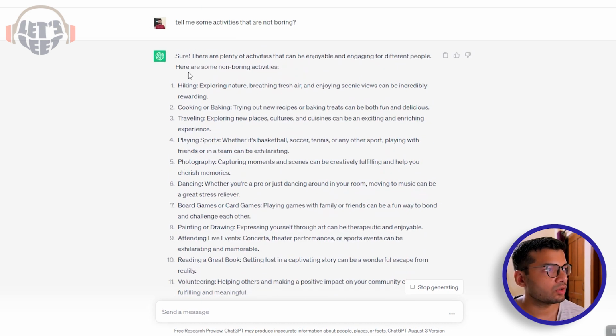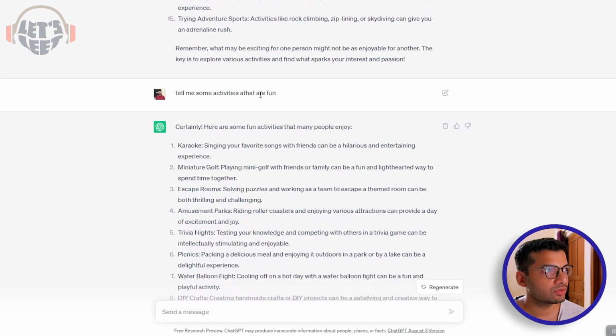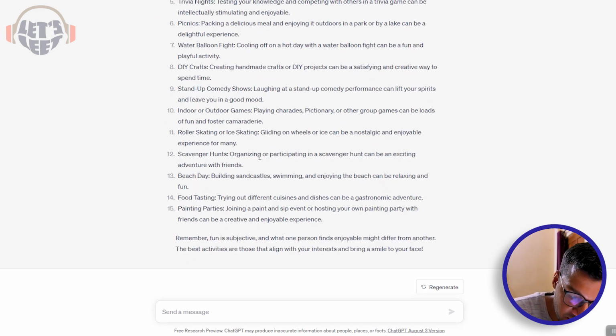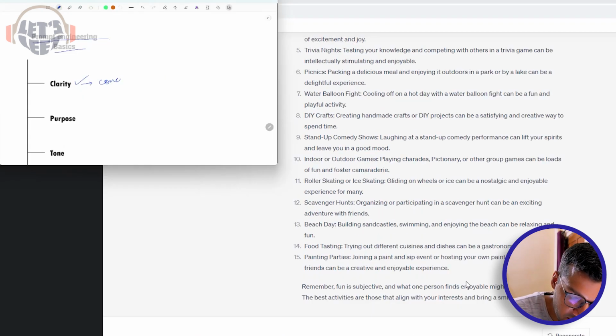Okay, so although here it gave me a correct answer, there are chances कि वो negation को उस तरीके से perceive ना करे जैसे कि हम एक particular negative sentence को perceive करते हैं. Okay, so "not" को ना consider करके actually it suggests me something boring. Alright, so we should be concise and to the point कि हम ChatGPT से क्या answer expect कर रहे हैं. Alright, so basically we should be concise.